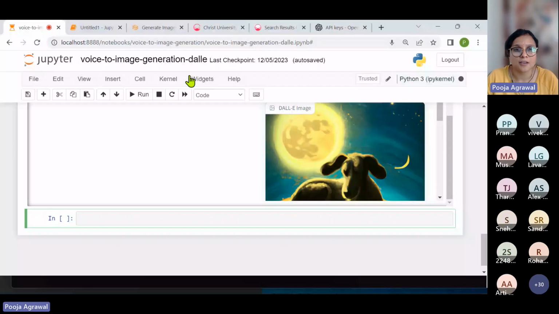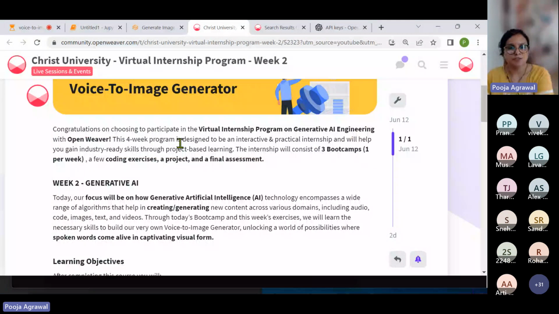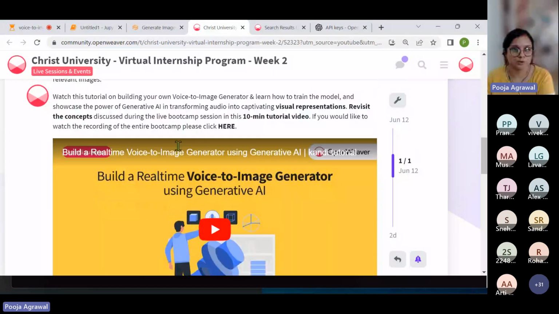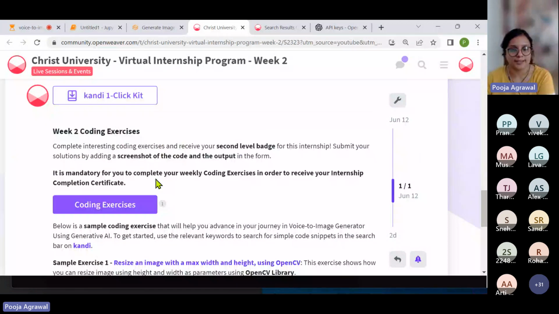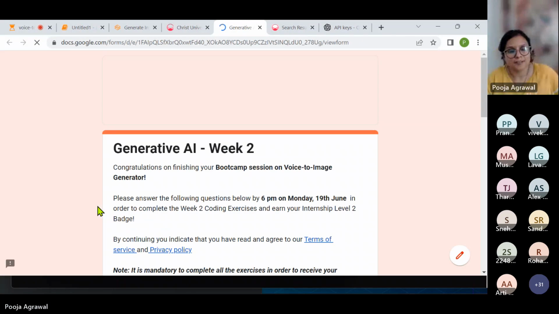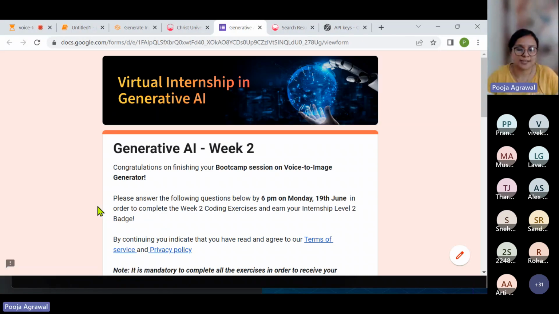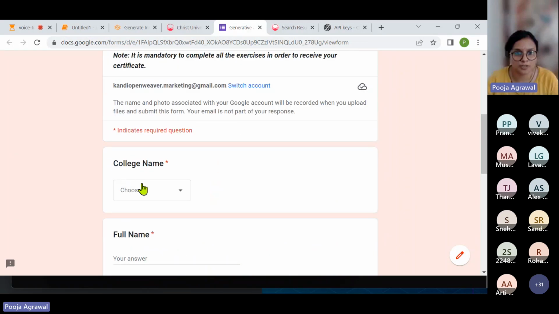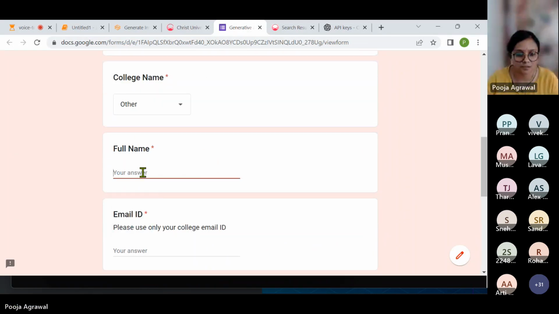And beyond this, there are people still joining. Okay, beyond this, we also want to share your week two exercises, for which you have to scroll down, go to your week two coding exercises. You see the form is here. You just get onto this form, fill in your details. Once you have filled in your essential details,